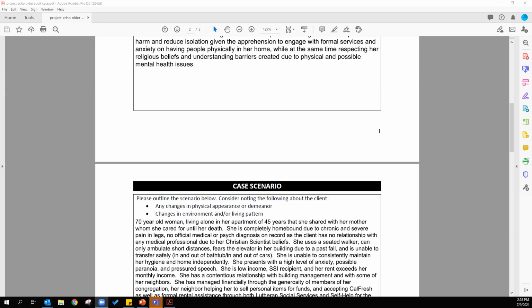I keep going back and thinking, did you say that she's not eligible for in-home supportive services? She is eligible, and she was certified. The obstacle we ran into was they need a medical certification from a doctor to certify her disabilities and medical conditions and the need for this kind of help. Because she has no relationship with any medical professional, there was nobody that could do that. But Adult Protective Services was able to circumvent that in order to get her certified for it.